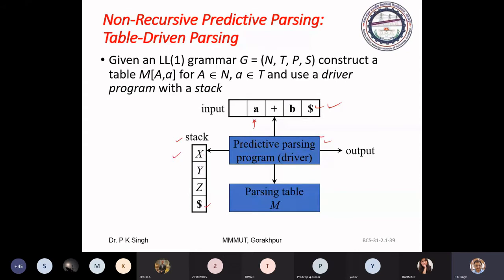If not, suppose the top of stack symbol is a terminal symbol A and the current input symbol is also A. Then what do we do? We pop out this A from the top of stack. Now TOS will point to the next symbol, and advance the input pointer.